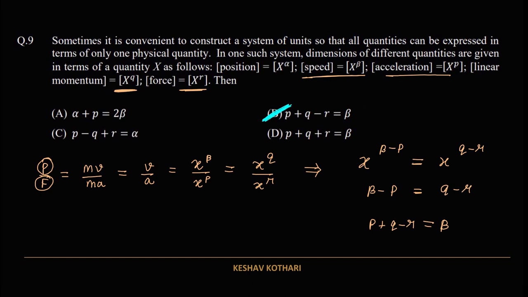And if we do one more analysis, we will find that option A is also correct. That is the position and speed. The position and speed will be combined together to make equal to twice of beta. So position and momentum will be equal to obtain twice of beta. Let us move to the next problem.